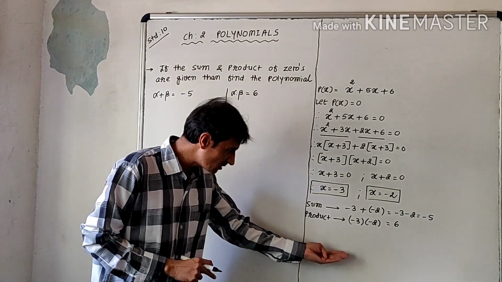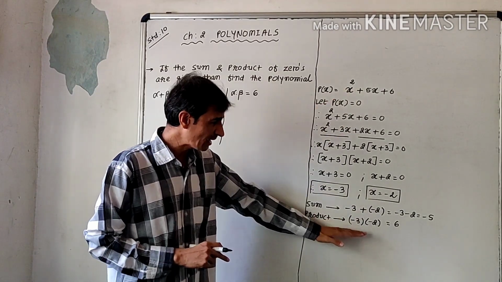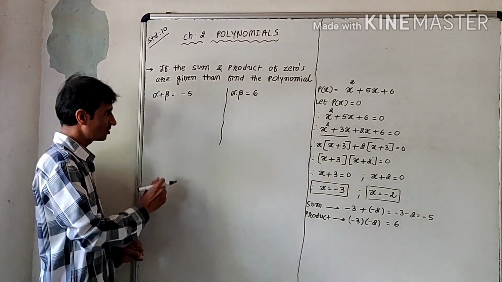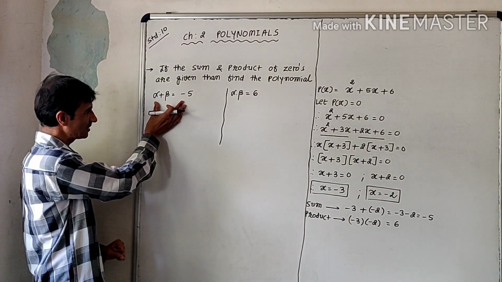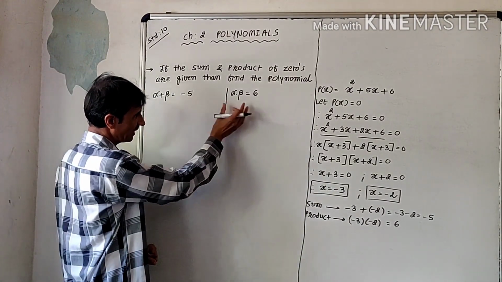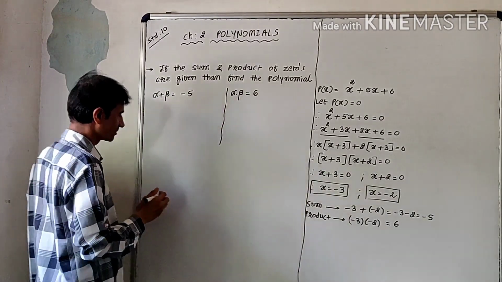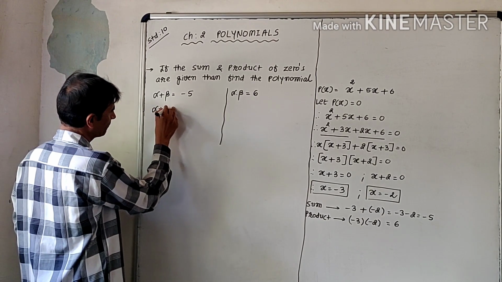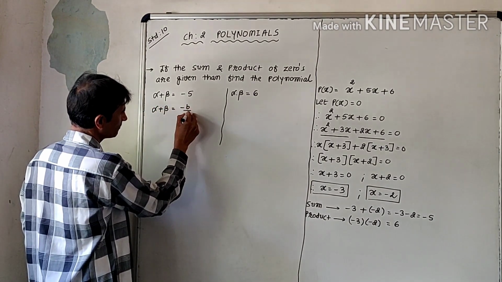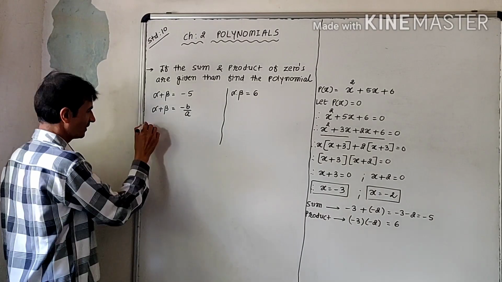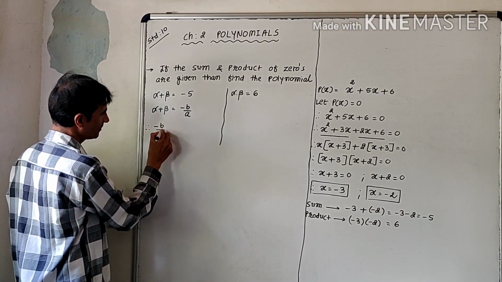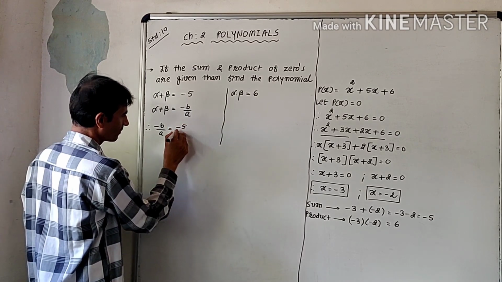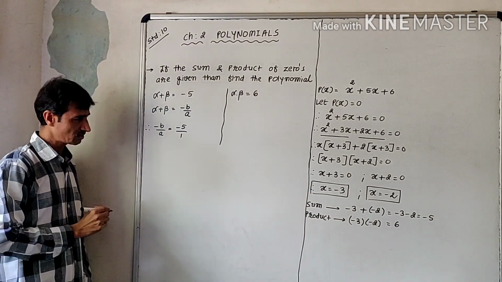So I want to go for the reversible sum. Here I have the answer and I want to find out the question. So now first of all, I want to go for the two partitions. This is my sum of the zeros and this is my product of the zeros. Now we know very well, I have the equation alpha plus beta is equal to minus b upon a. So we can write down here minus b upon a is equal to minus 5. We can write down here 1. Yes, of course.